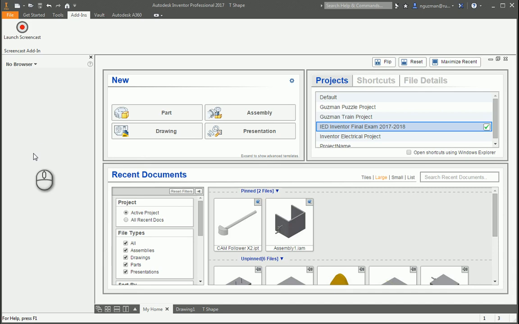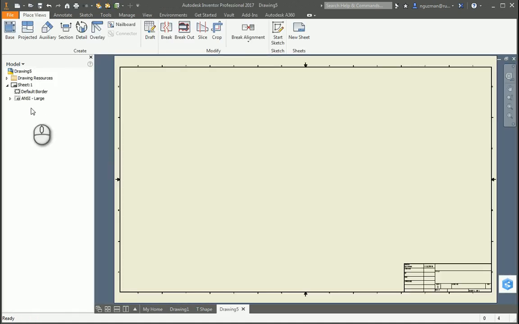Welcome back to another quick little tutorial. Today what we're going to be focusing on is drawings. So let me start by clicking on this button, and that's going to take us to this brand new sheet,